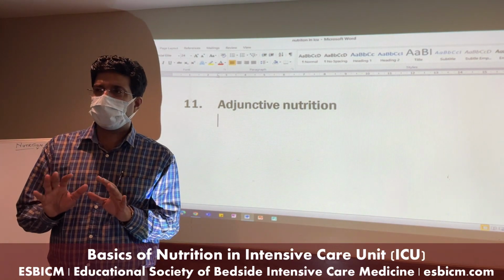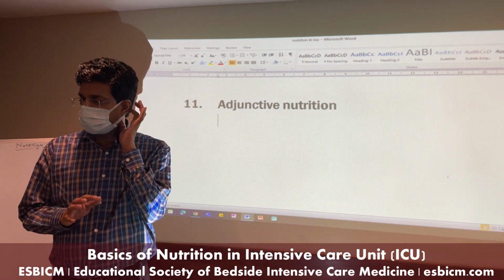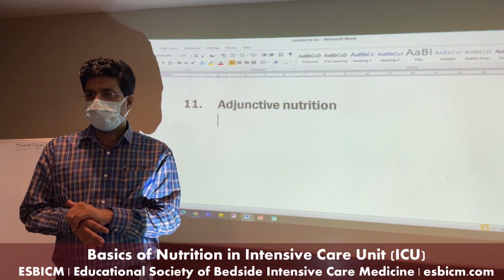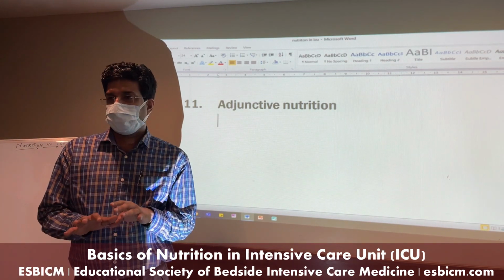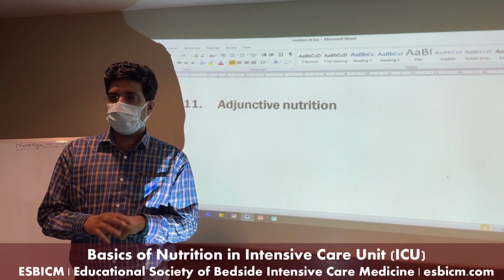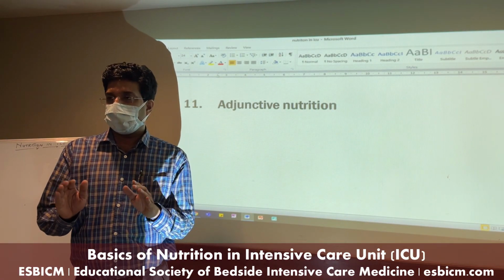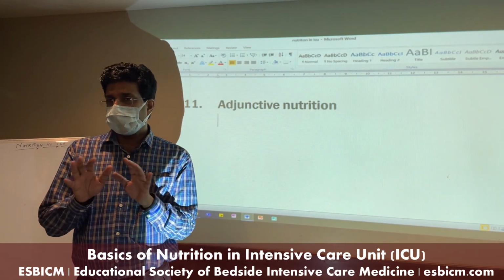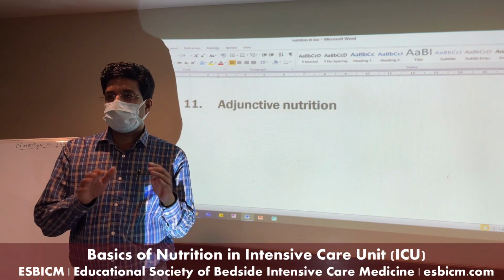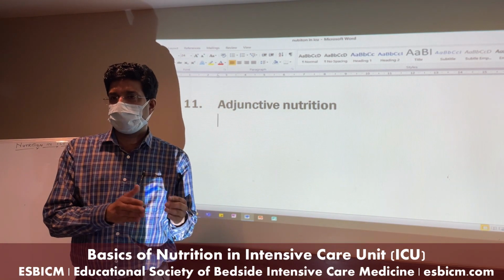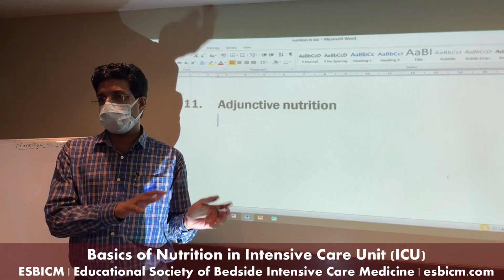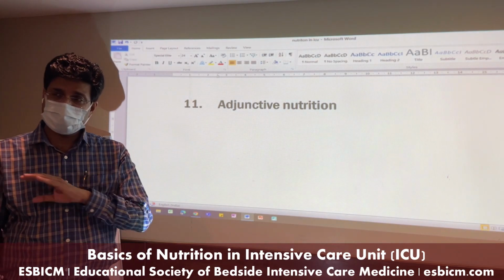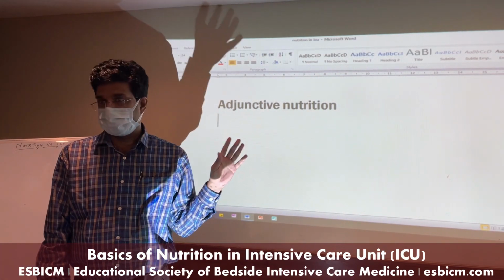So now they are not recommended. Glutamine is out of the guidelines. Arginine is also there, but there are complications with arginine, like renal failure. So they are not of much help if you are thinking that they will help too much in this patient. You can supplement, but it will be a routine thing. If you feel that they will drastically enhance the immune system of the body, routine use is not justified. On a case-to-case basis, if you understand that this patient has been malnourished for a longer period of time, you can supplement these nutrients, but supplementing universally in all patients is not justified.